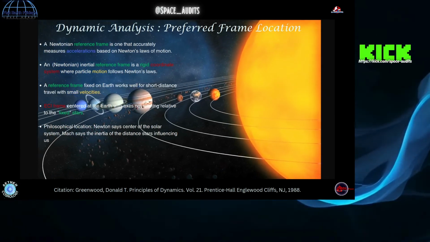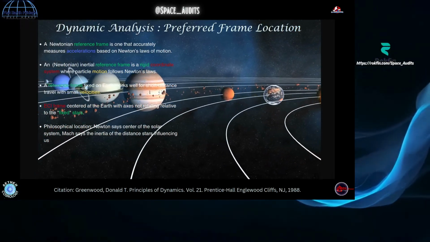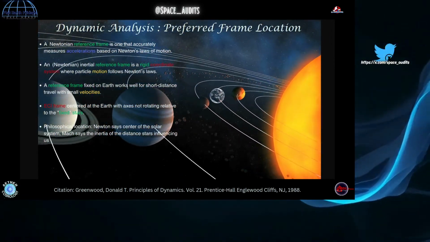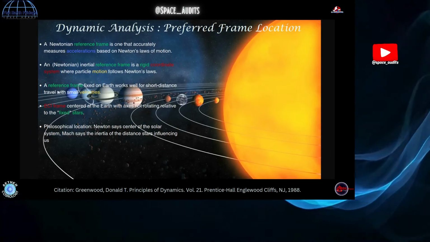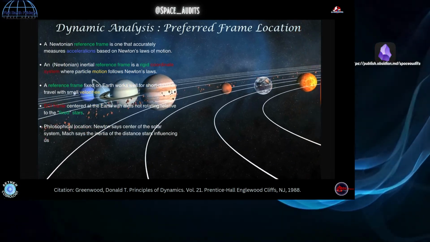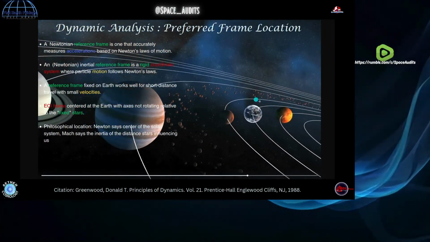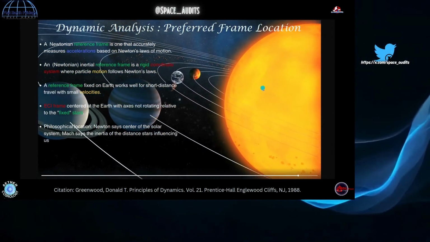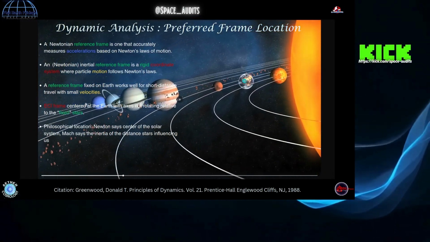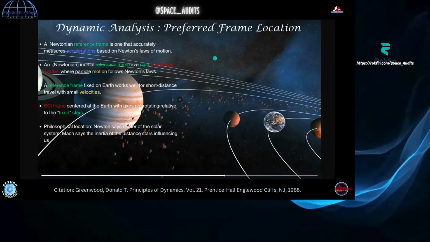But we're just looking at the two frameworks that were put forward: absolute with respect to either the solar system or with respect to the entire universe. And when we look at the actual quote from Mach, we'll see that it's with respect to the Earth and the mass of the universe, which is an important distinction that's not covered in current mainstream. You'll often see it misquoted, but it's all about where to put this reference frame, because we don't want you to think about it as the Earth, even though everything was derived here and started here. It's got to be either at the center of it, or out here by the sun, or in these stars.